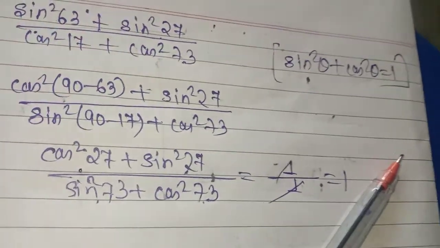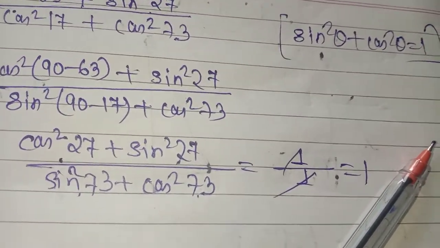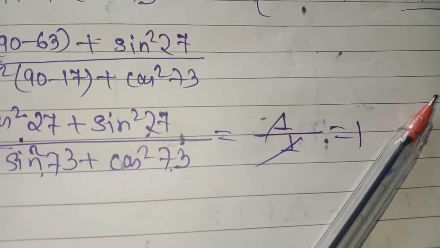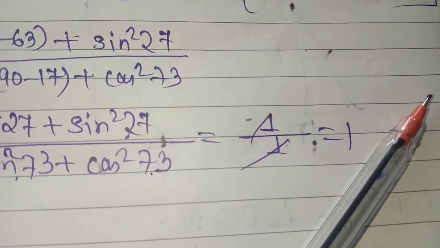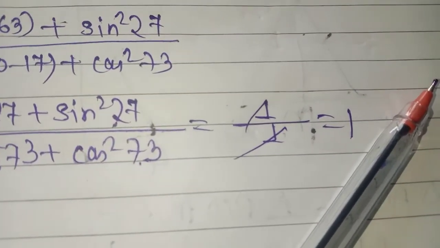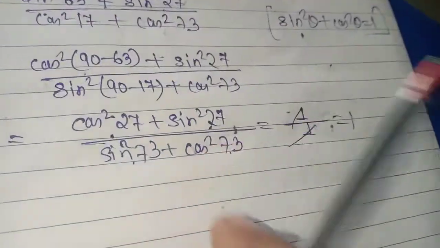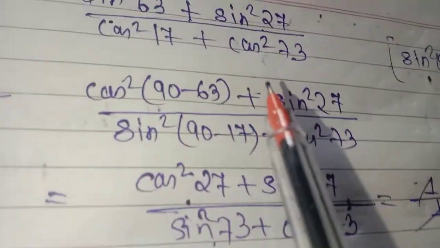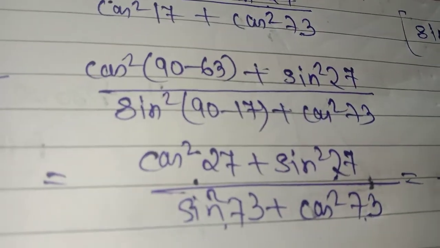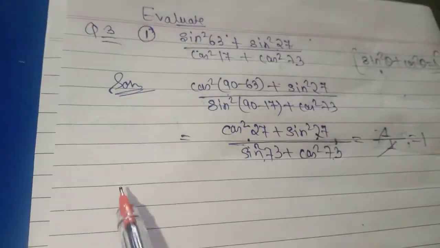We can even check it also. Just see how to do it, because these questions are important. We have to use the identity. Clear? So the answer is 1. I am sure that you are getting it. You just have to prepare the identities very concentratedly, as they are important.